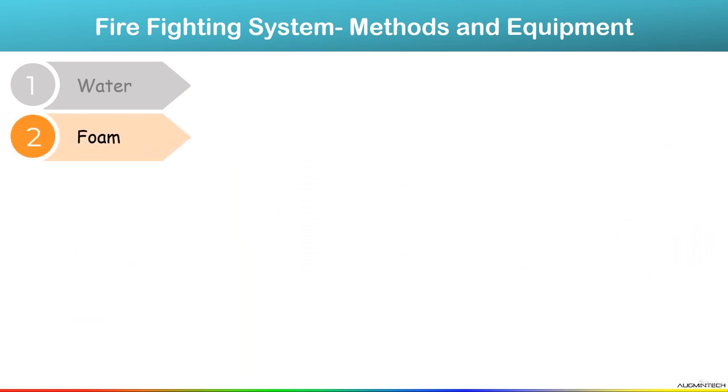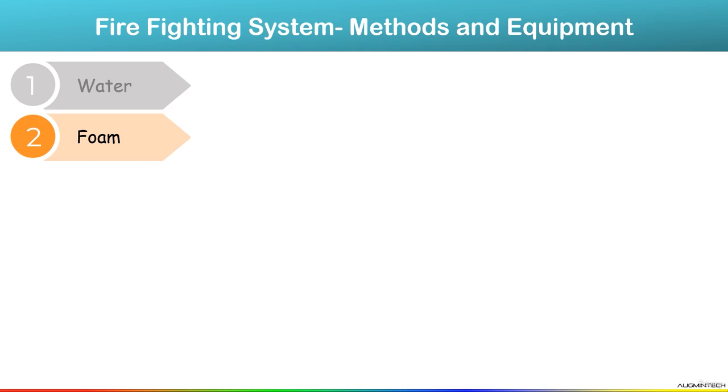Now the second is foam. So what is foam here? The foam in a foam fire suppression system is an extinguishing agent that can extinguish flammable or combustible liquid by cooling and separating the ignition source from the fire. With the help of this foam fire suppression, you can extinguish that type of fire. Suppose fire occurs in a flammable liquid like petrol, at that time with the help of this foam suppression system you can